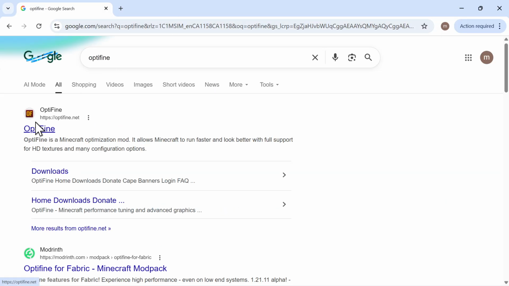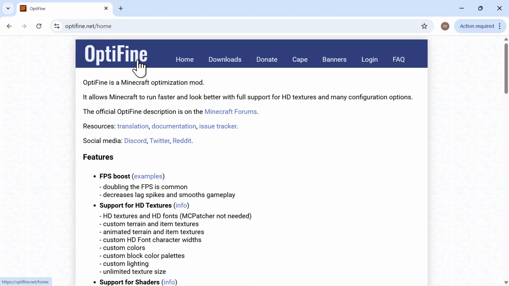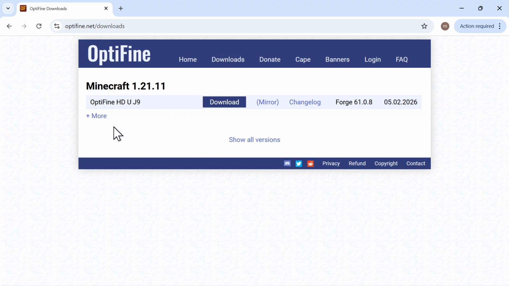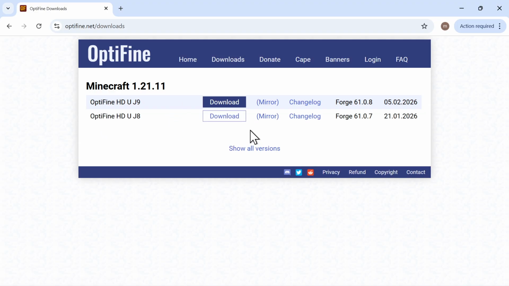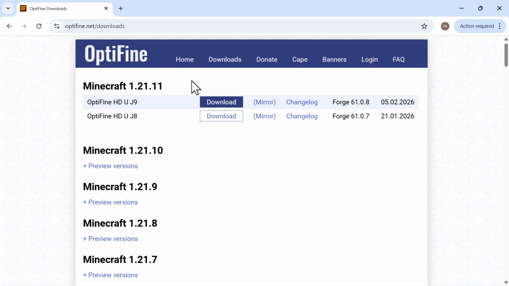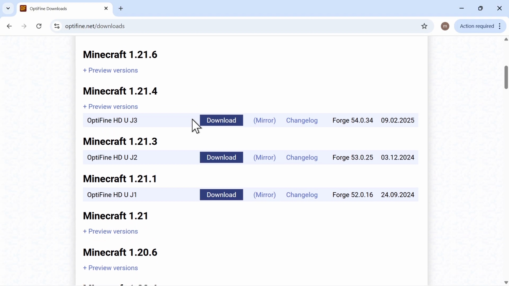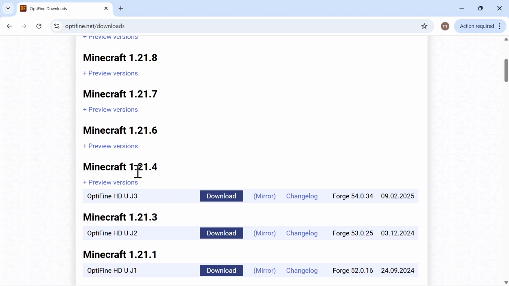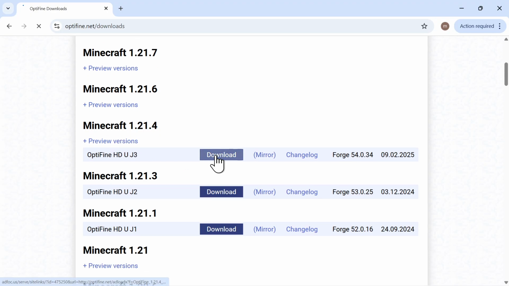After you type in OptiFine, go to this website and go to Downloads, and then click More. So show all versions. Now what you need is to find 1.21.4. So to find that, you simply have to scroll down, and okay, this is the one. As you can see, 1.21.4. So let's see here. Okay, click download